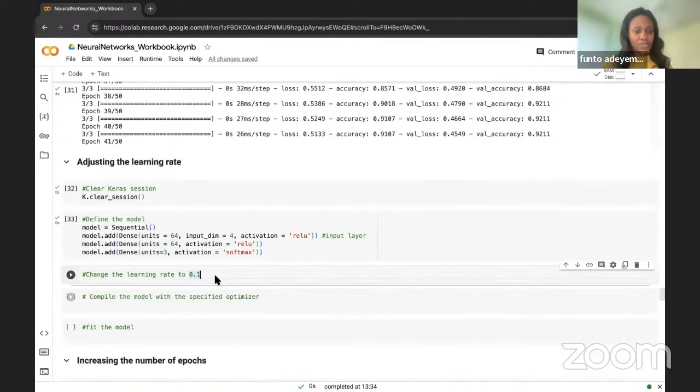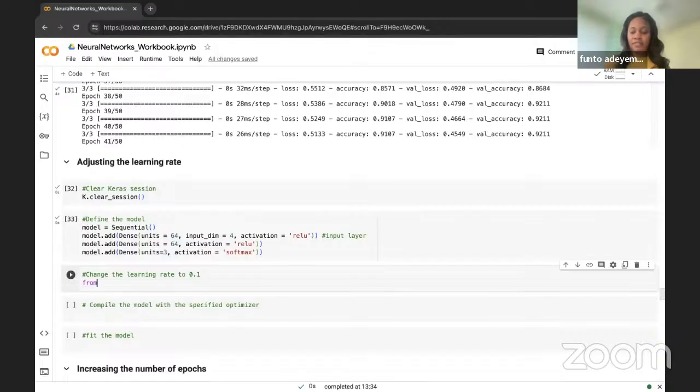Let's go. So yeah, I was saying, we didn't specify a learning rate in the previous scenarios, but since we are changing it, the default learning rate is usually 0.01 for the Adam optimizer, right? So we'll be changing it now to 0.1 and seeing what happens because of that. Because of that, we now have to specify the optimizer that we are using to be able to change it. So we have to import the optimizer